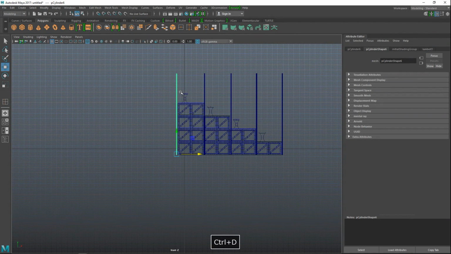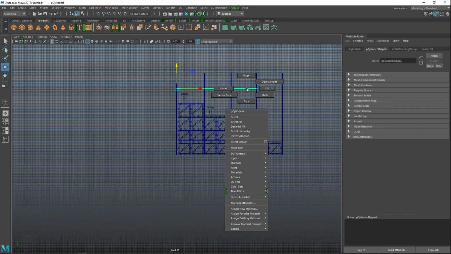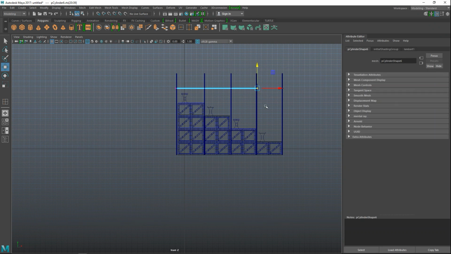We're going to Control D to duplicate it, E to rotate, hold down J to snap it down like so, hit W to bring that up to about there, which will be kind of a railing for these guys here. We're going to right click on a vertex, drag select, and bring that in like so.